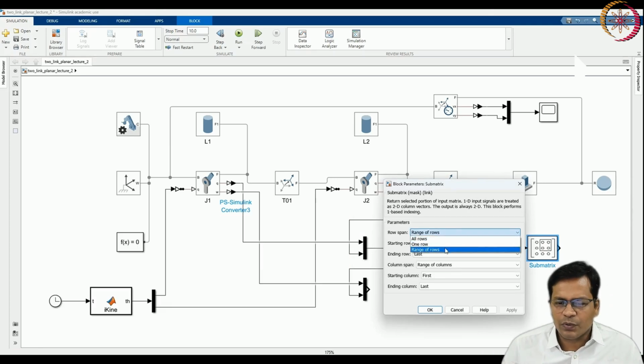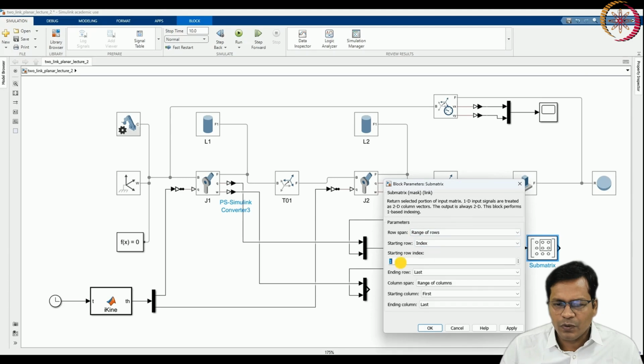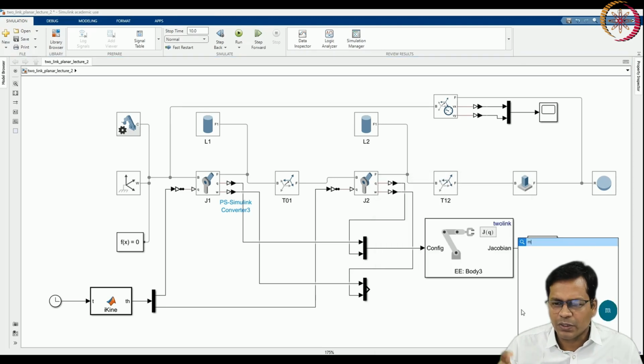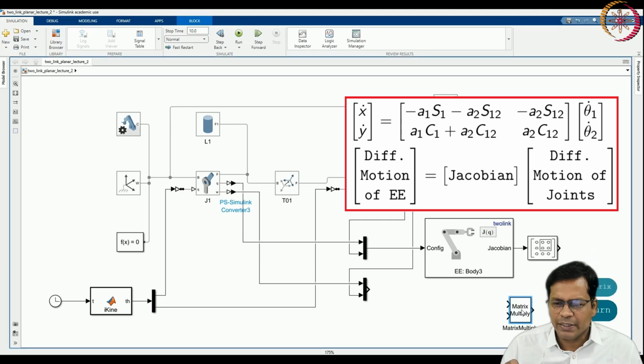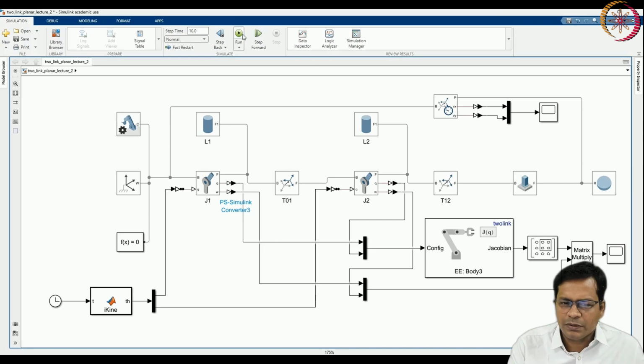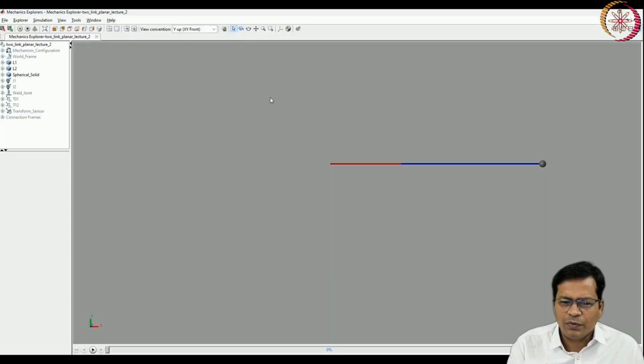Okay, so range of rows: the index of the starting row is 4th and the ending row is 5th. So actually there are 6 rows in total. So it gives me the Jacobian. If I multiply it with the joint rates, it should give me the end effector rate. So you know that formula directly. So now the scope should give me the end effector velocity. The body was body 3, that is the final body. Now if I run the simulation,